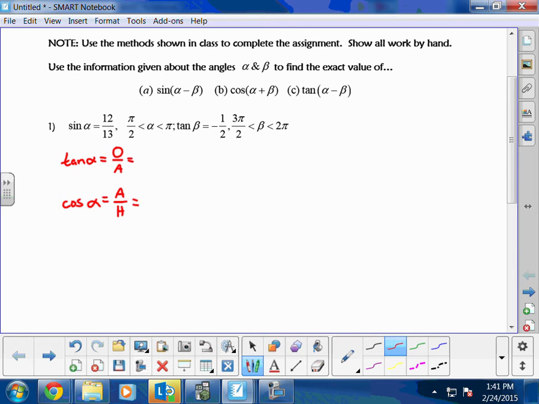And what I am given, I'm given sine. Sine has been given to me as, in this case, alpha is opposite over hypotenuse, which means that I'm given 12 over 13, which means that I have opposite and hypotenuse. Automatically I could say that this is 12, and automatically I could say that this is 13. What I'm missing is the adjacent part of this. So in order for me to find the adjacent part, I have to use